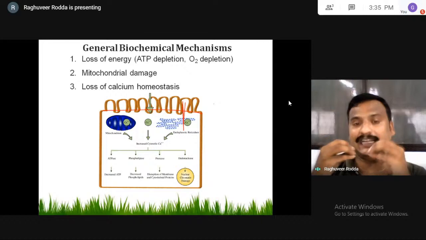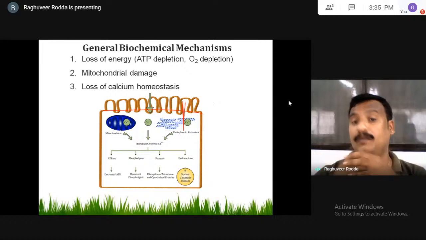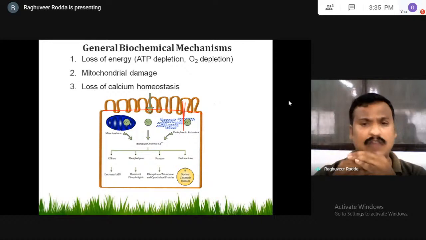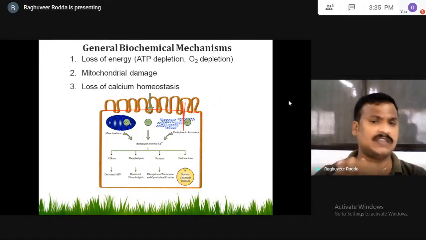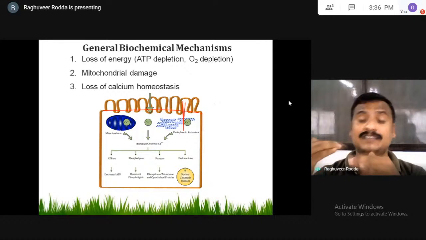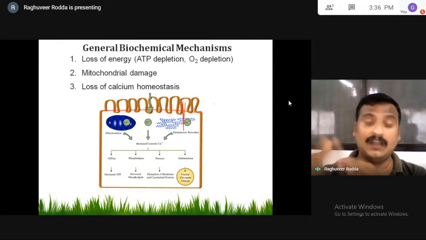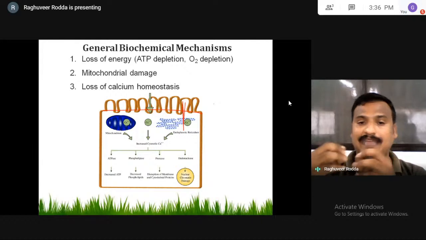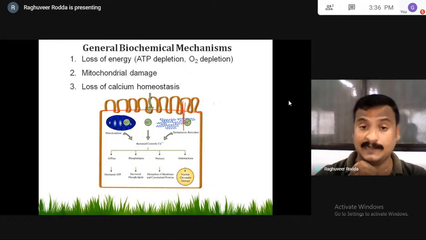One is the calcium pump. Calcium pumps are present on the membrane. The function of the calcium pump is to maintain a balanced intracellular environment. Whatever calcium comes from the extracellular regions will always be shifted back into the extracellular regions, and the pump will always send the cytosolic calcium into the sarcoplasmic reticulum and into the mitochondria.